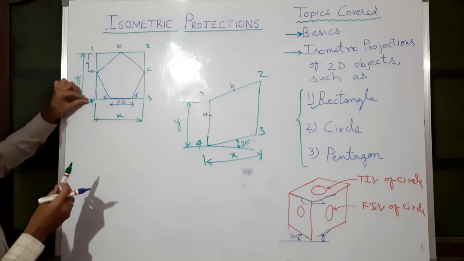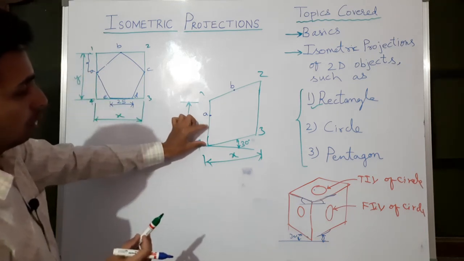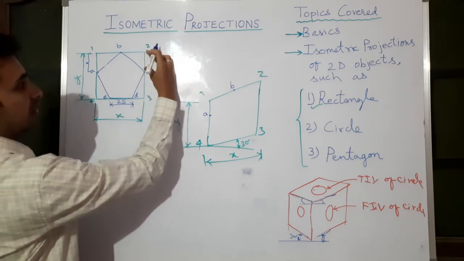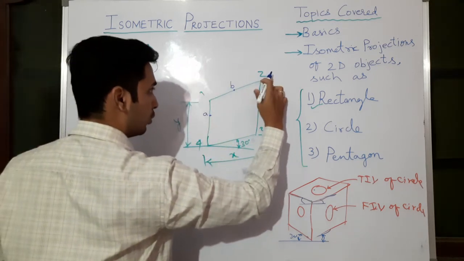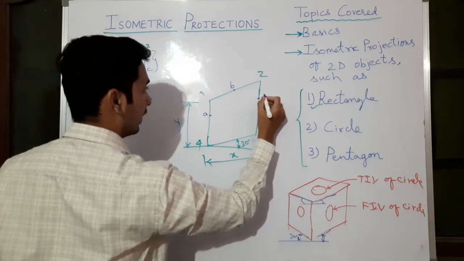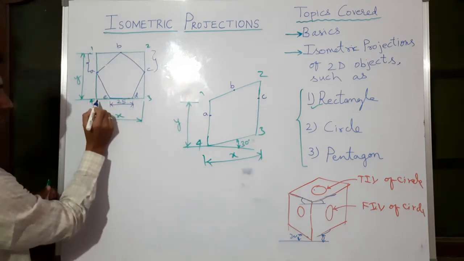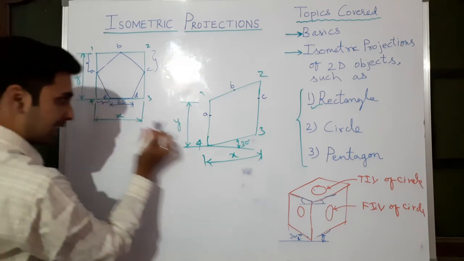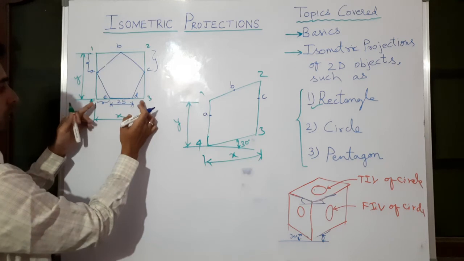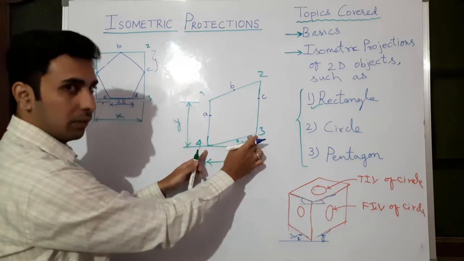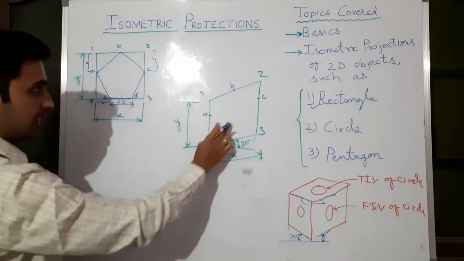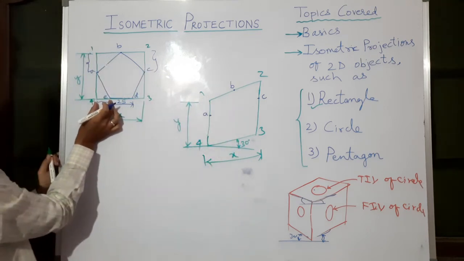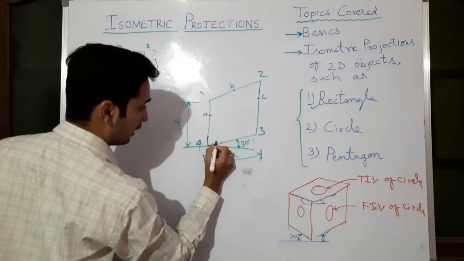If you are measuring from 4 to A, then you need to measure from here, 4 to A, and transfer it. Now we will measure this distance, 2 to C, measure this and mark it here. From 2, the same distance you need to mark as C. Then measure this distance 4 to E with your scale. That much, the same line you bring here. Why? Because this rectangle and this rectangle are of the same length, only it is at 30 degrees for the horizontal lines. Vertical lines anyhow are as they are. So this measurement 4 to E we have taken here and we are marking it as E.